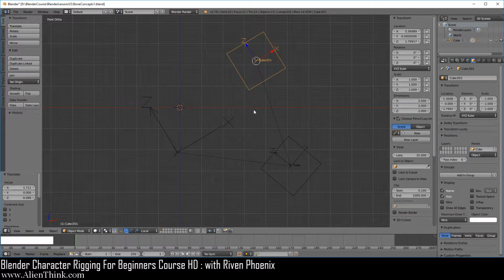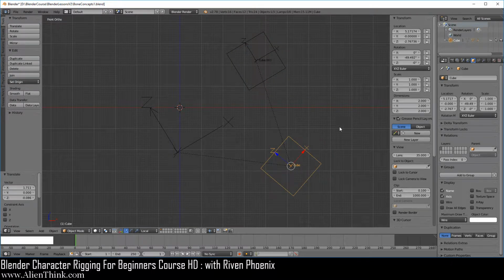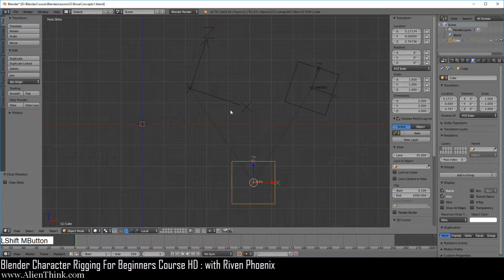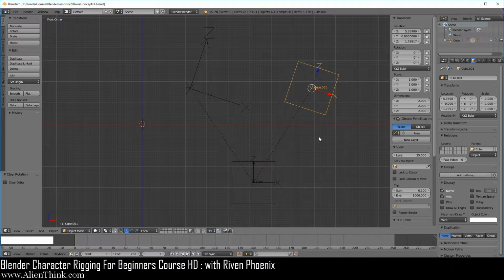Because Blender has to somehow track where this object is according to where the parent is. So this is how it works internally. What I want you to do is click on the parent and do Alt R to reset the rotation. Now notice the orientation of this visual marker over here that the child object is using.